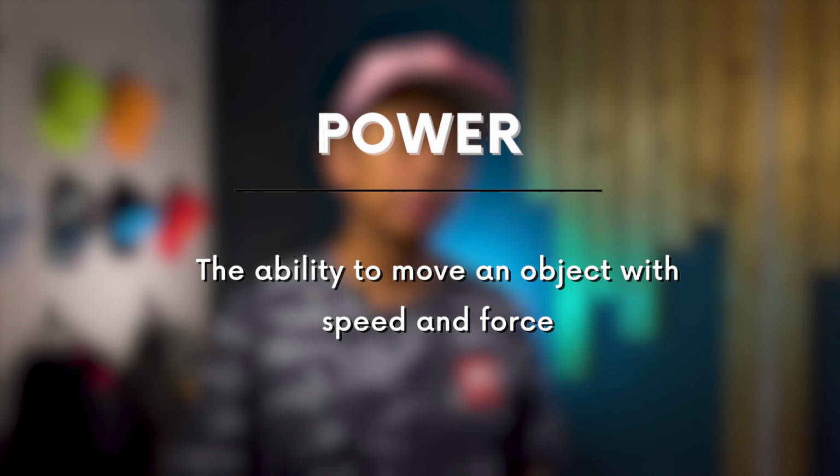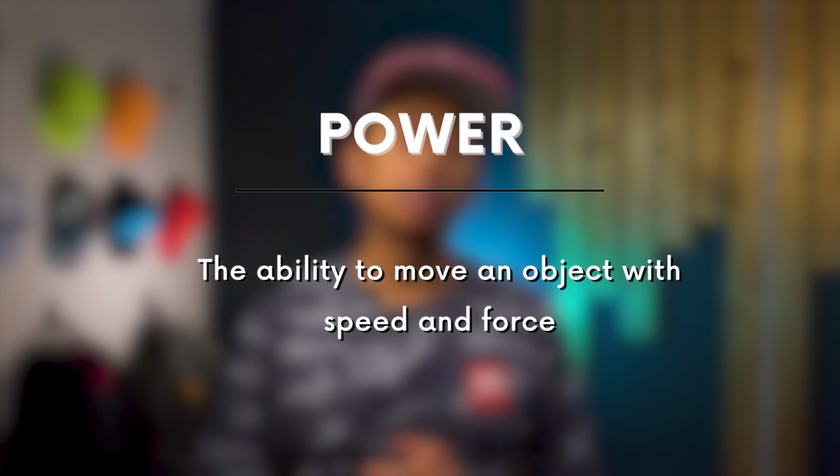Alright, in today's video, we'll delve into the traits and characteristics that define a power paddle. Power in the context of this video is the ability to move an object with speed and force. Before we go over the traits of a power paddle, I want to first go over the terms pop versus